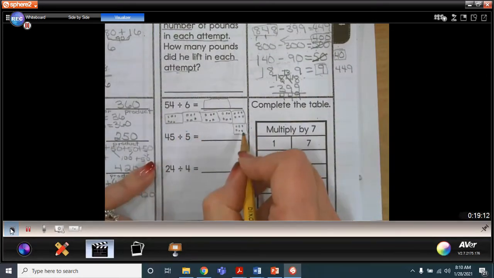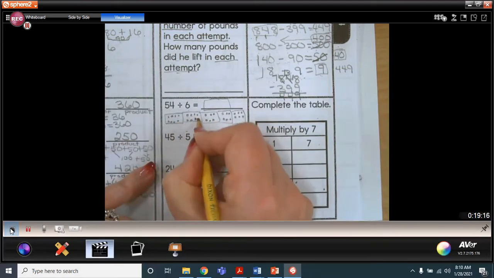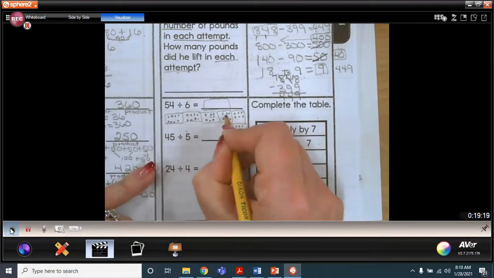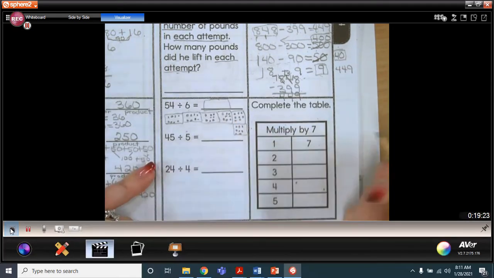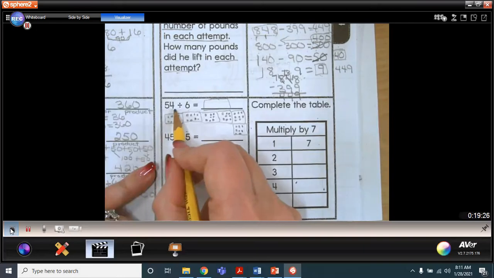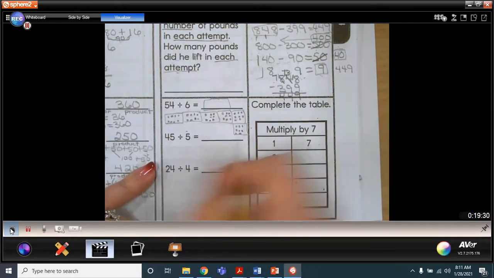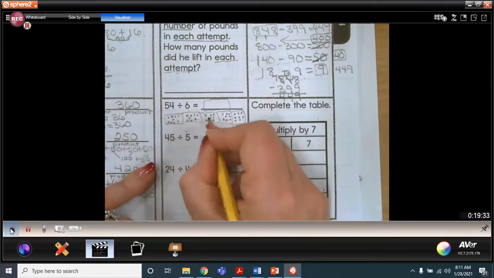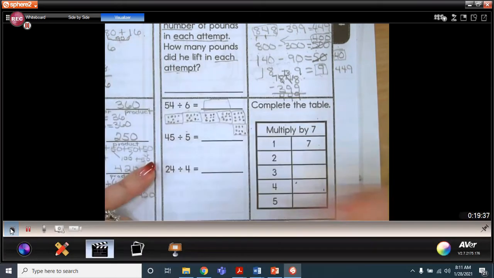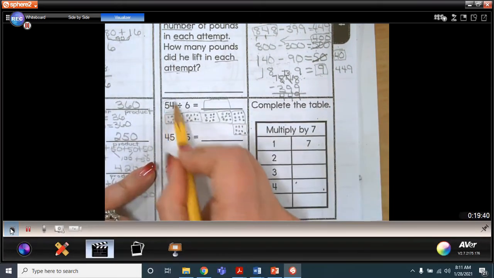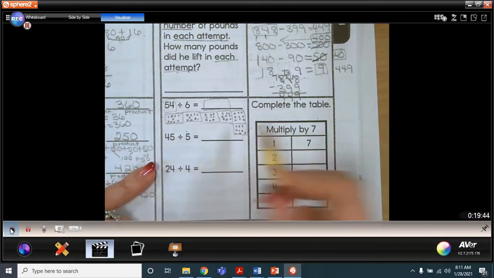So we were at 36, 37, 38, 39, 40, 41, 42, 43, 44, 45, 46, 47, 48. Now we're getting pretty close to 54, so let's just go one at a time now from here. So 48, 49, 50, 51, 52, 53, and 54. So we have taken all 54 of these objects, put them into 6 equal groups, and how many do we have in each